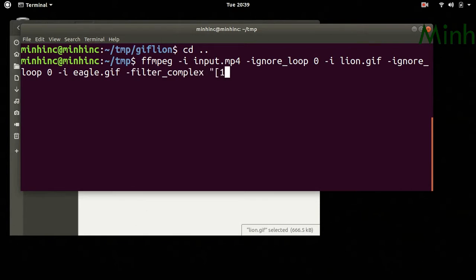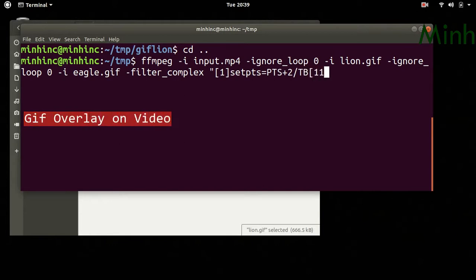Now for lion we will set some PTS. setpts equal to PTS plus where we want to put the lion. Probably the lion will start at 2 seconds only, and this stream name is 11.